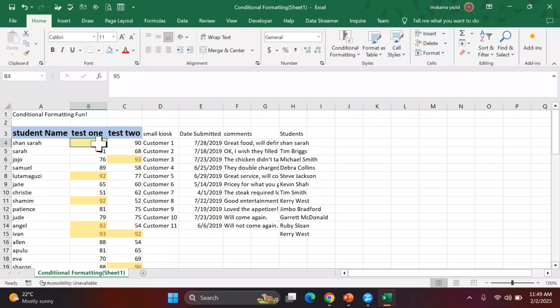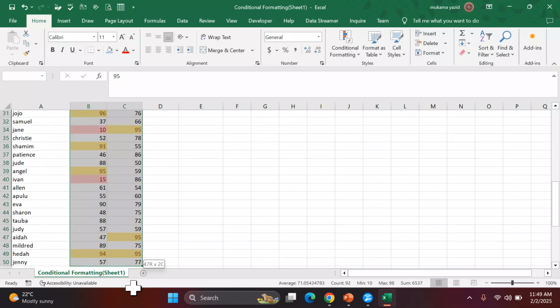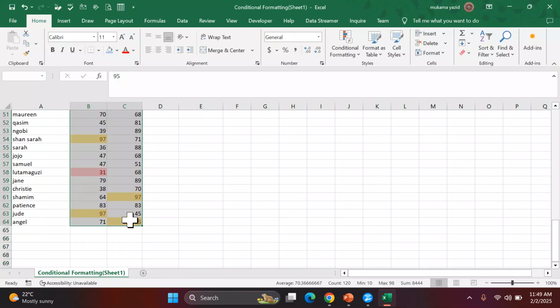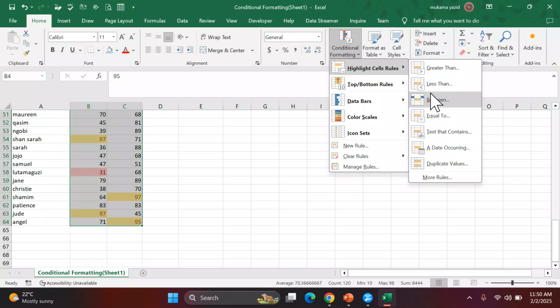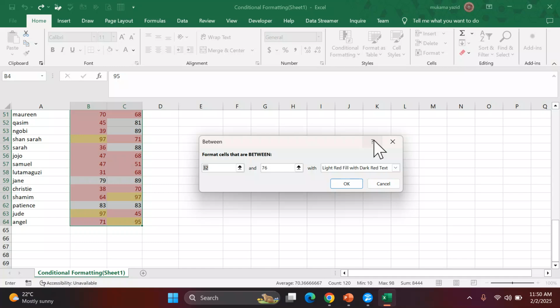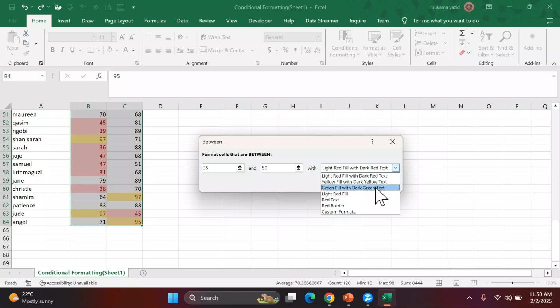So let us apply another rule. Here we use another option, because we saw there are very many options. We go to this option, highlight. So this one is done, this one finished, this one also okay. Let us go to between. So I would like to highlight guys with maybe 35 and something like 50,